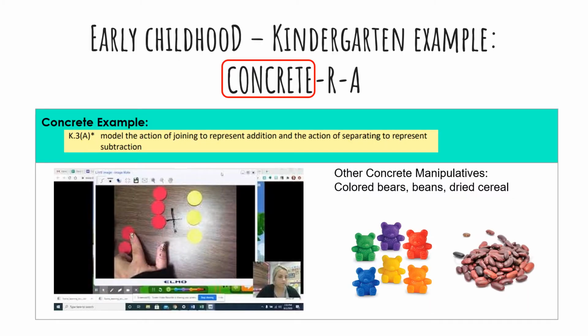Let's watch a kindergarten concrete example that models the action of joining to represent addition. Hi guys, so today